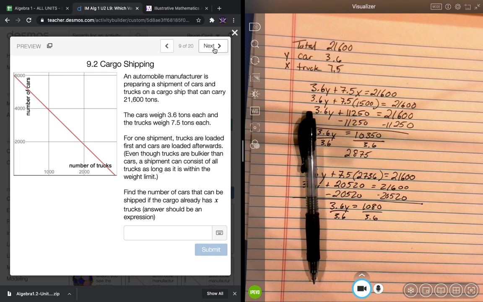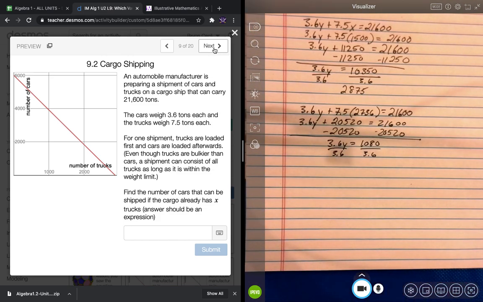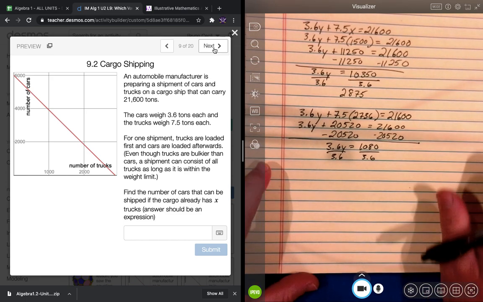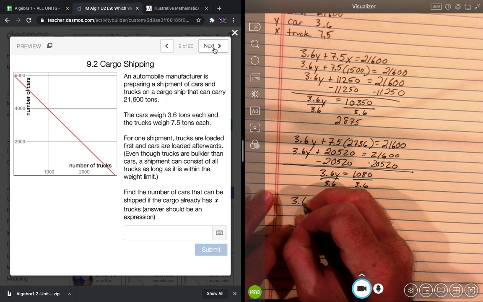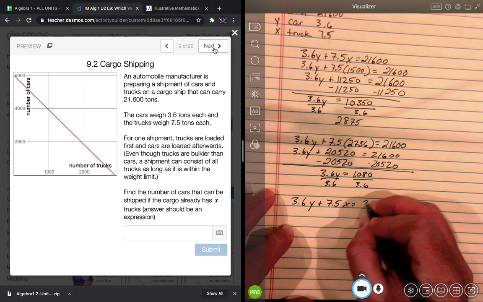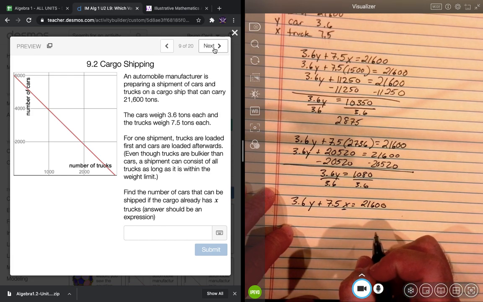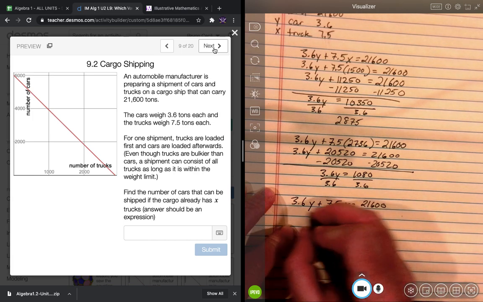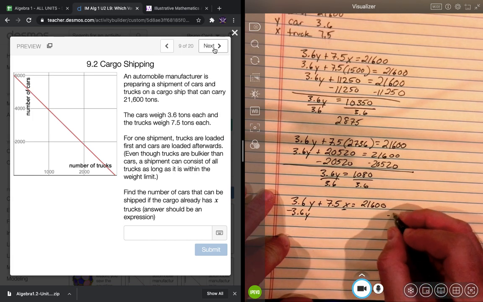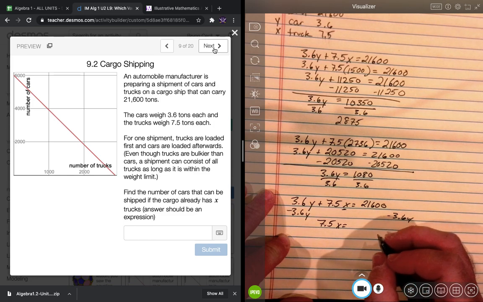All right. Now we're going to find it, guys. We're going to make this all together. If the number of cars that can be shipped to the cargo already has X trucks. Okay. So, guys, that means I'm here. 3.6y plus 7.5x equals 21,600. I'm solving for x, so the first thing I need to do is to move this 3.6y over. How do I do that? By subtracting. So now I've got 7.5x equals,